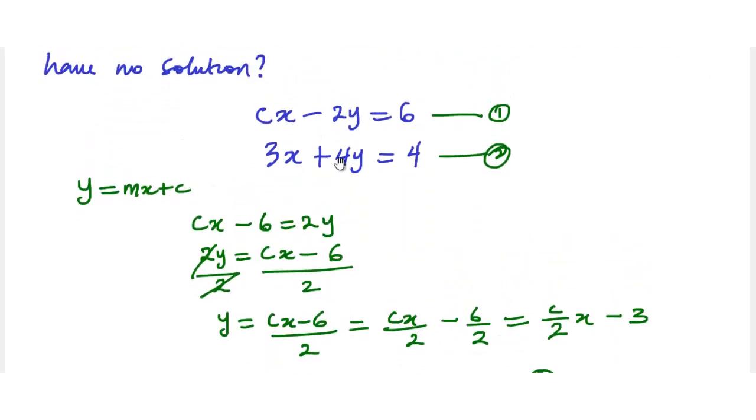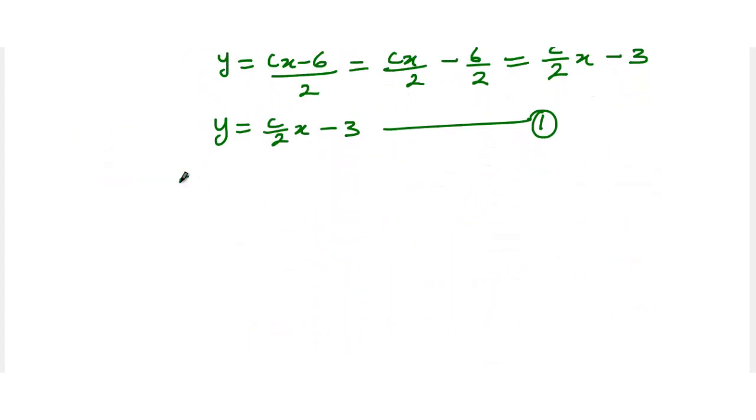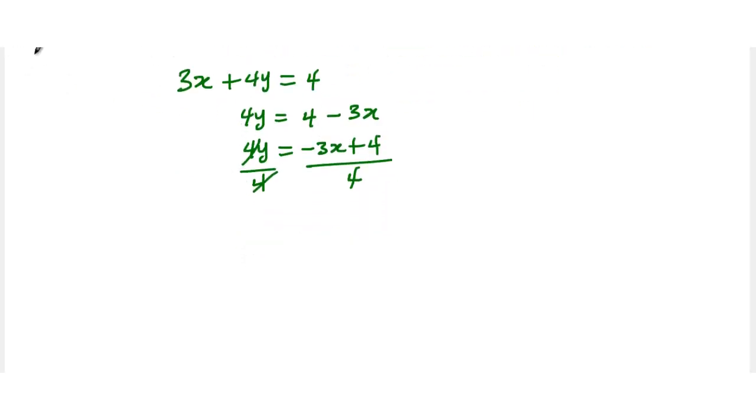So the next thing is for us to also write this particular equation in slope-intercept form. So we have 3x plus 4y is equal to 4. In that case, we can say 4y is equal to 4 minus 3x. If I rearrange this, I have 4y is minus 3x plus 4. We now divide through by the coefficient of y, which is 4. So this cancels this. So at the end of it, y will now be equal to